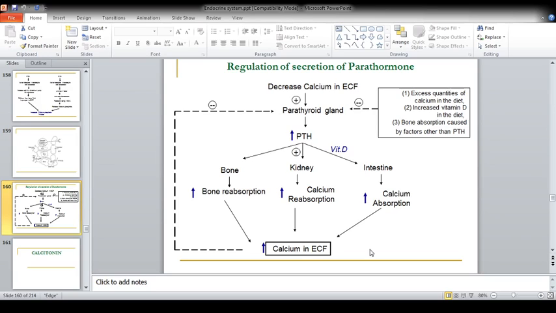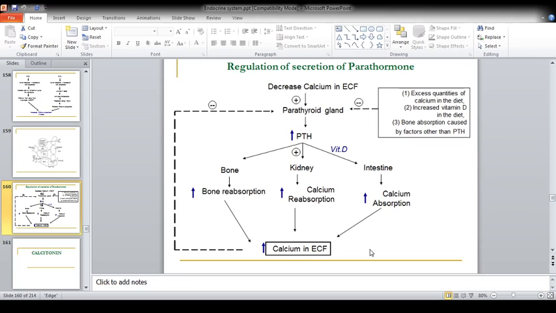Now, how is the release of parathyroid hormone regulated? The release of parathyroid hormone is regulated via negative feedback of serum calcium level. So what happens is, if there is decreased serum calcium in the extracellular fluid, it would cause increased release of parathyroid hormone from the parathyroid gland. So decreased calcium level in extracellular fluid would cause activation of the parathyroid gland, which would release more parathyroid hormone